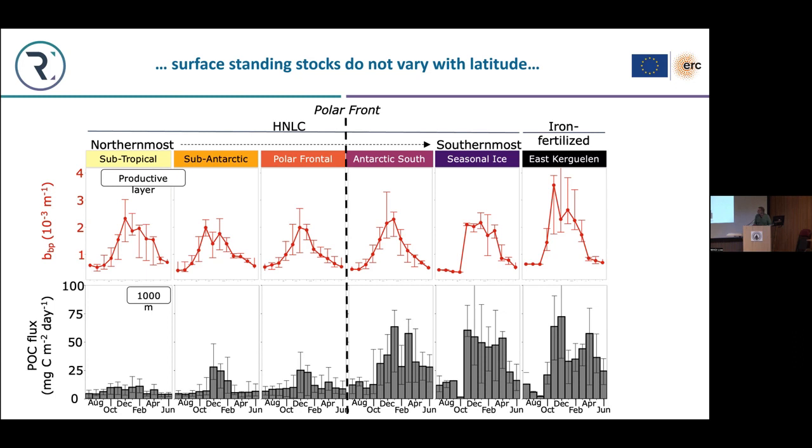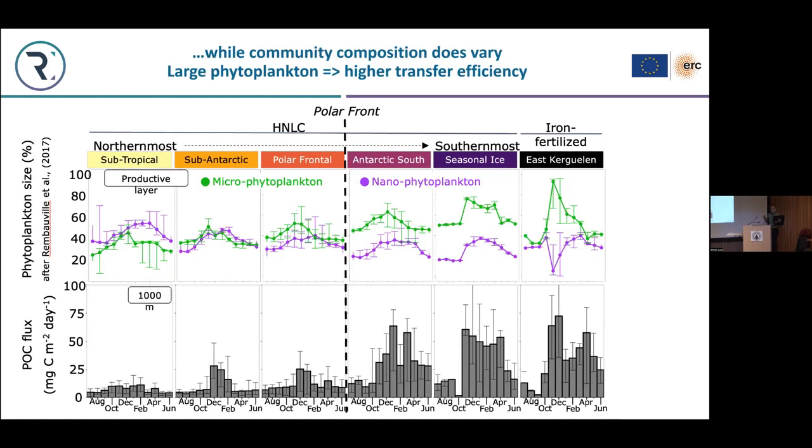And what we have done here now, we use the phytoplankton method that we had developed on the previous cruise. And again, you can see the balance between the microphytoplankton and the nanophytoplankton resolved by the optical measurements. And you can see that, as expected, the subtropical gyre is dominated by a small class of particles. And on the iron-fertilized plateau of Kerguelen, we had huge diatom blooms.